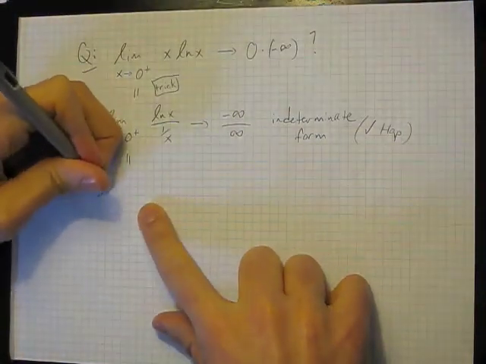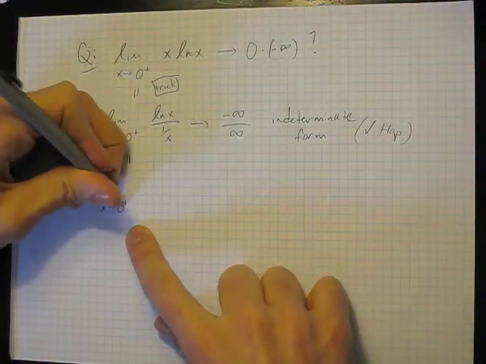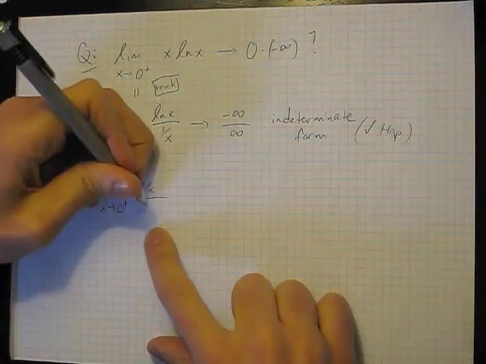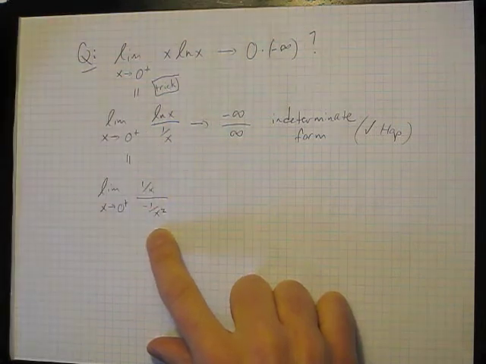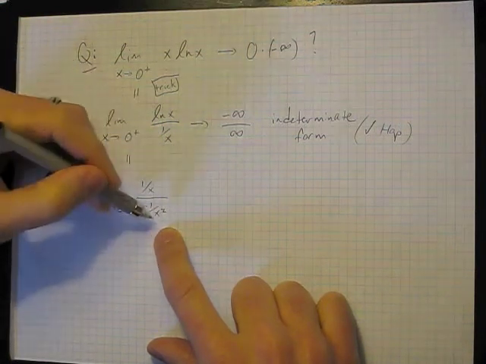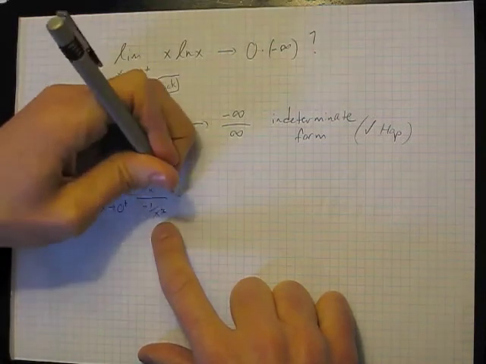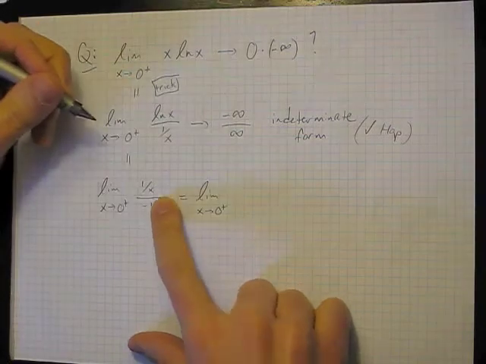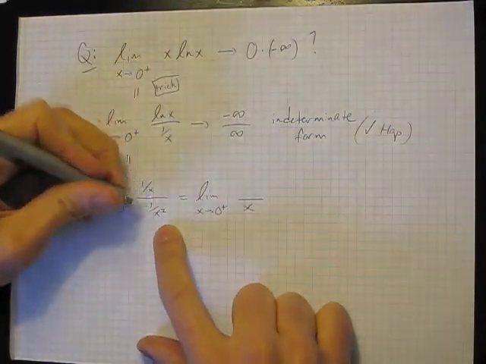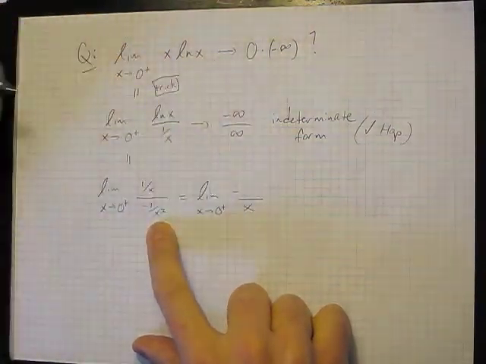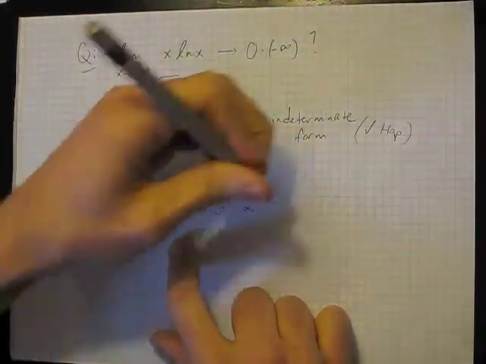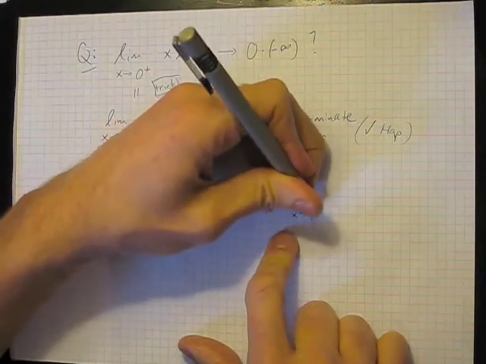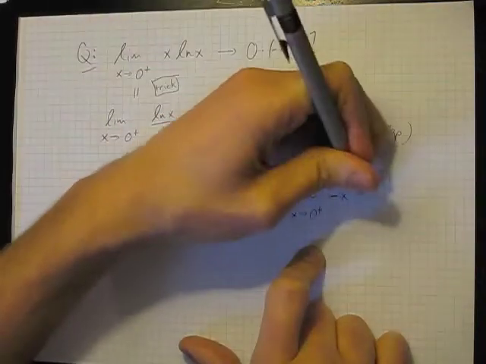So let's do that. So we take the limit as x goes to 0 from the right. Derivative of log of x is 1 over x. The derivative of 1 over x is minus 1 over x squared. Okay, right? That's x to the minus 1, so that's its derivative. And then if we simplify this, we get the limit as x goes to 0 from the right. We have 1 x in the denominator, that x comes down here, and this minus 1 over x squared becomes a minus x squared in the top. So we get the limit as x goes to 0 from the right of minus x,